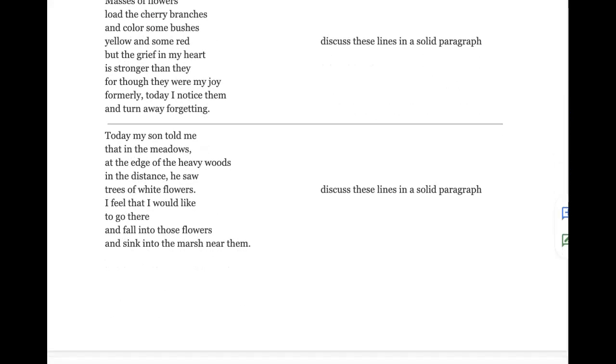Today my son told me that in the meadows, at the edge of the heavy woods in the distance, he saw trees of white flowers. I feel that I would like to go there and fall into those flowers and sink into the marsh near